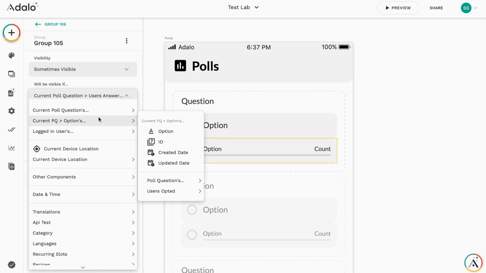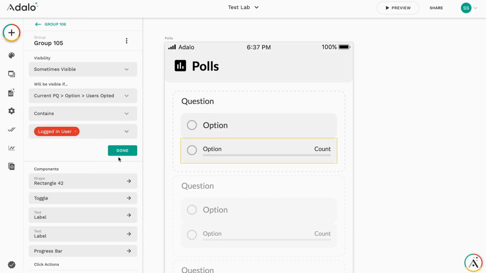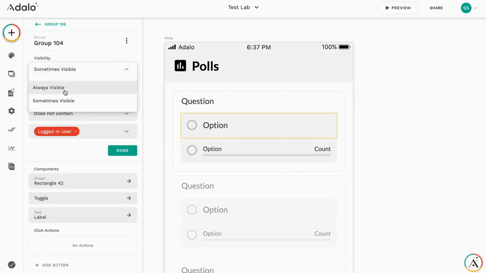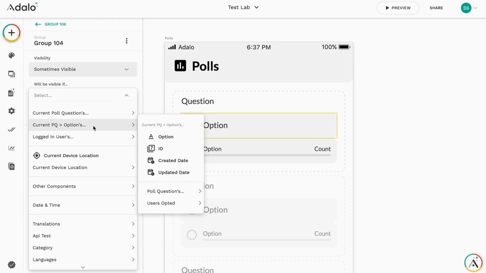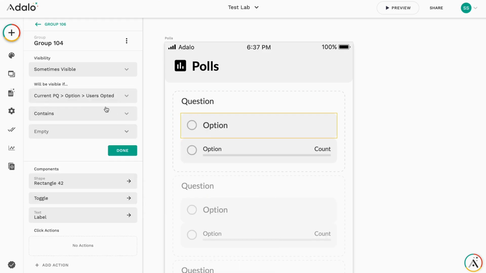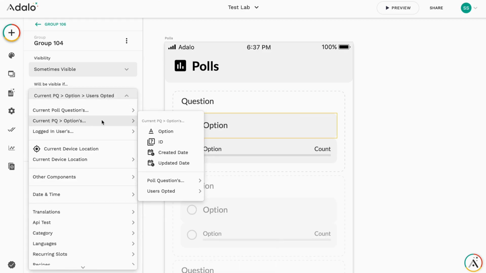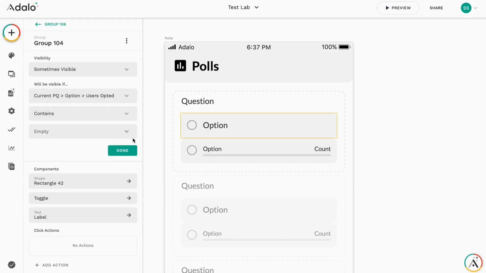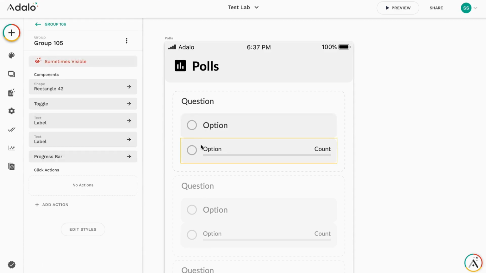Sorry, it's my bad. It will be users opted all contains logged in user, and here will be the same. So basically we want to show the progress bar for that option only, for that selected option. Okay, so previously I was doing it wrong. Now I will again select the same, current poll question option users opted all does not contain logged in user. Okay,